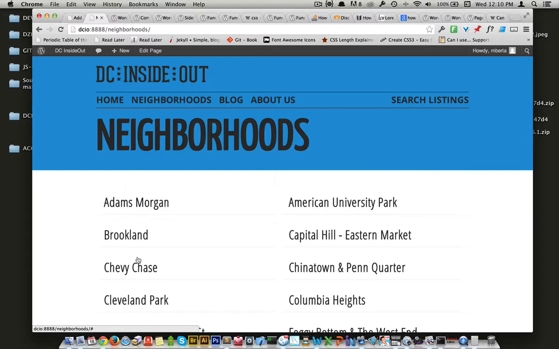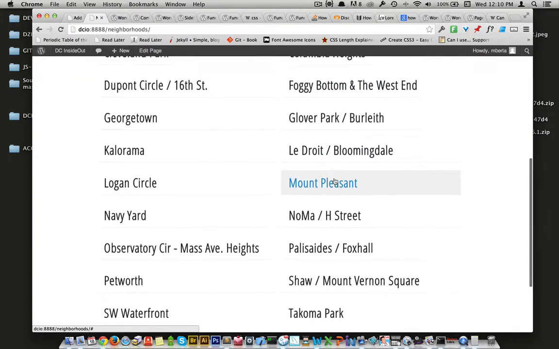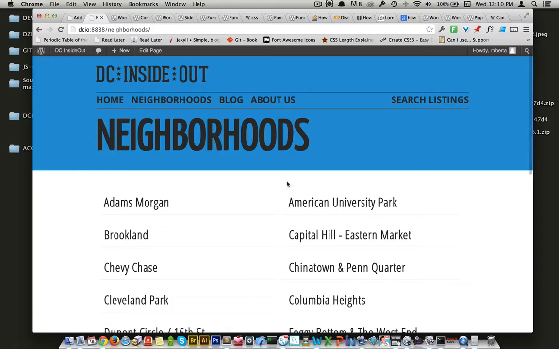I know I'm going to eventually link these to pages. This is a set list of neighborhoods, so this is not going to change. But I'll eventually end up linking it to a slug on the back end. So that's not the question I have yet. The question is, once I start creating these pages, you'll notice,